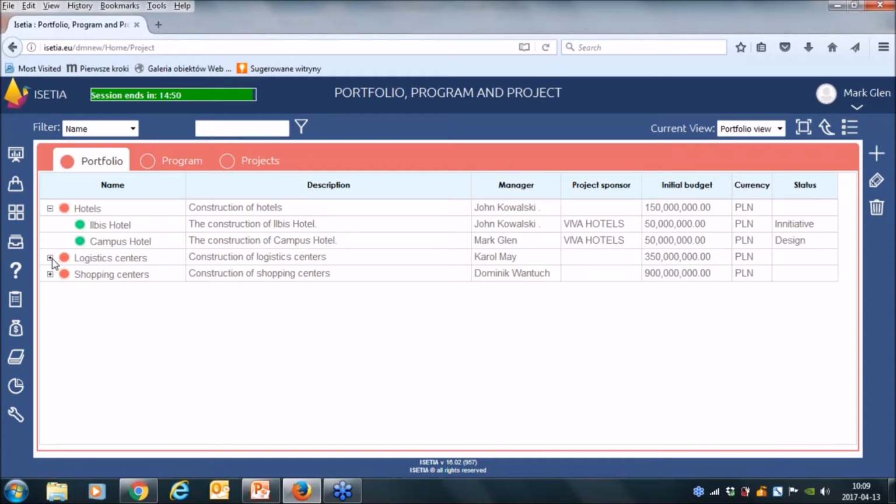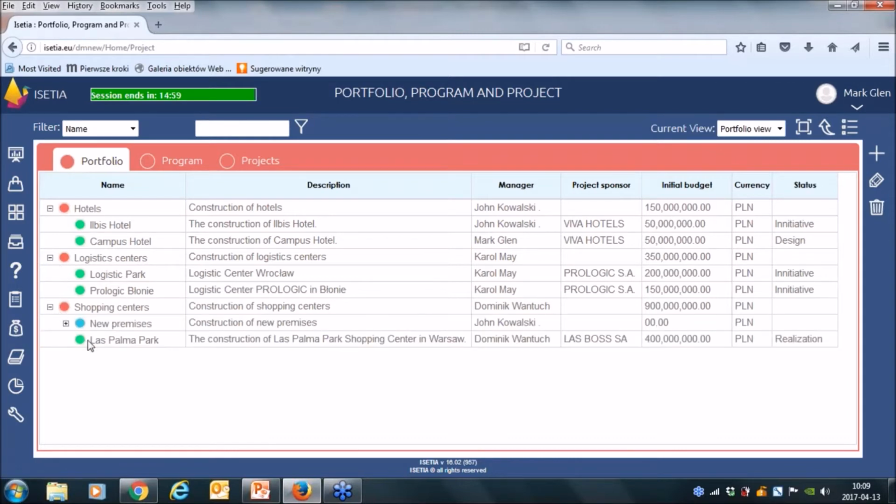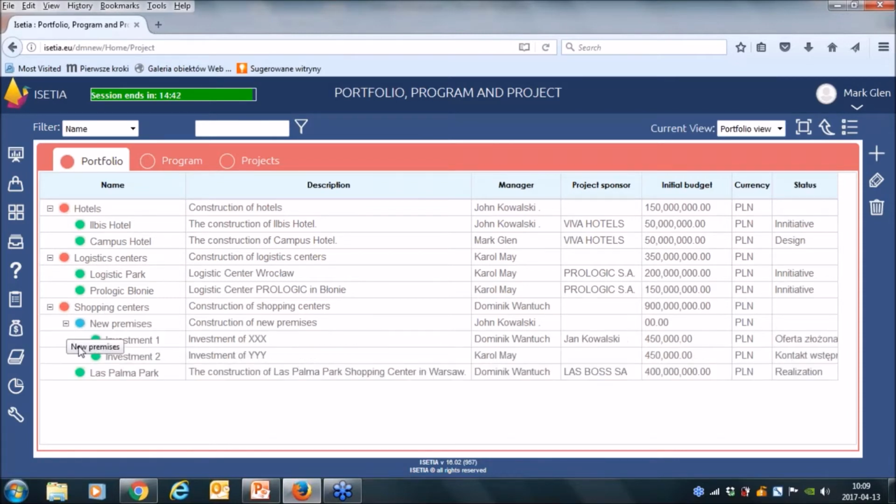Inside of logistics centers we have 2 logistic projects as well, and in shopping centers we have 1 project, Last Park, and you can observe this blue color. It indicates a program, because inside of shopping centers we also located a new premises program, which has another 2 projects. So this is the example of the structure of the portfolio, projects and program you can use.